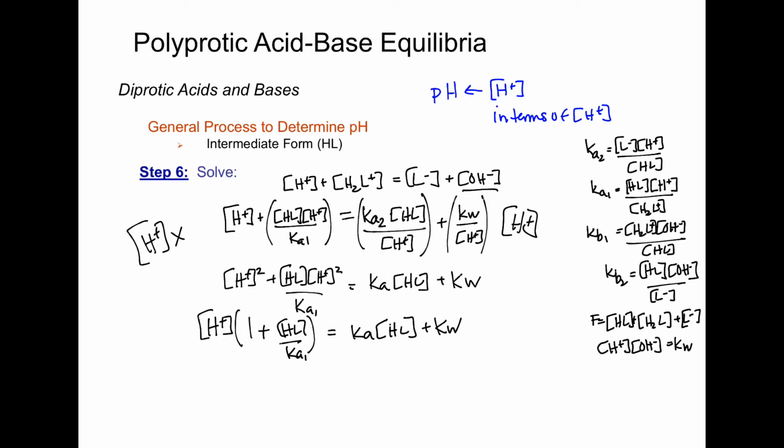And I think I needed to pull that out like that. Okay, so I pulled my H squared out front, and then I have it multiplied by this whole thing here. What's nice about that is now I have my H totally on one side, so if I divide both sides by that, on this side it cancels out, and I get that H plus squared is equal to this whole block